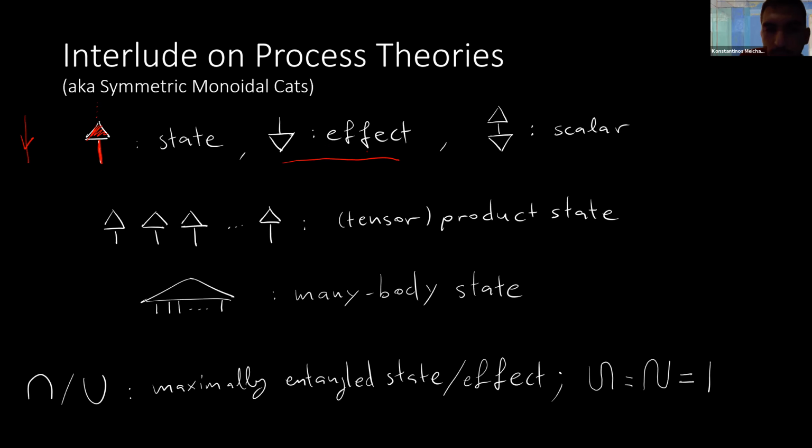The effect is the dual of this. So we have a vector space flowing in, something happens, and nothing flows out. So it's an effect. If you put a state and an effect together, we have a scalar, so a number. Where this number belongs, in what field, depends on your vector space. So for example, if you have real tensors, then it's a real number. If you have complex, then it's a complex number in general.